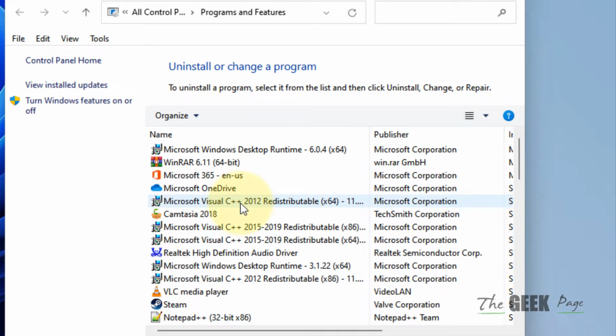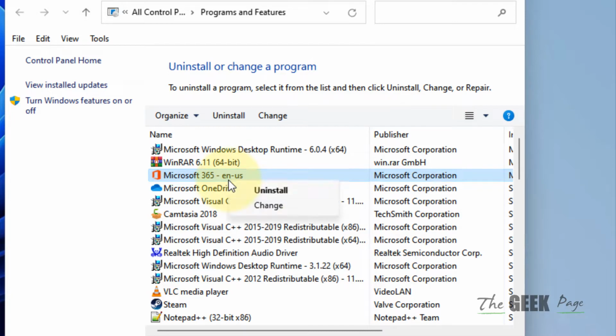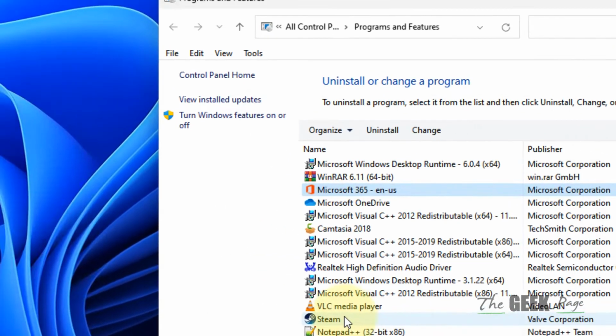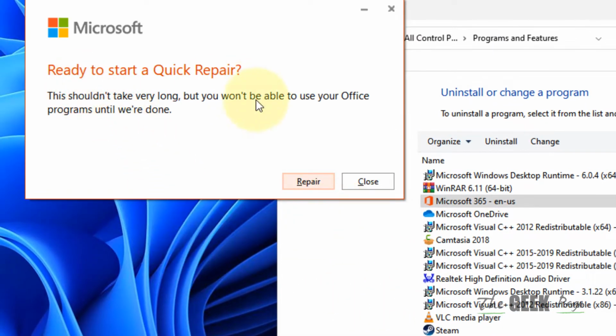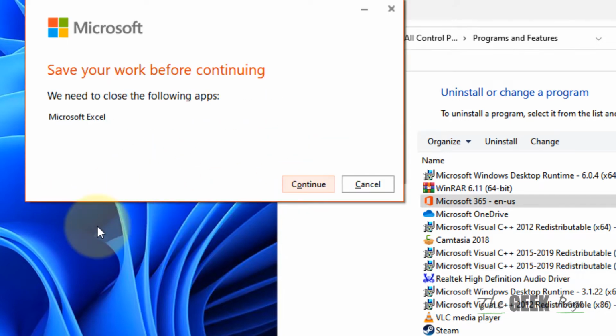Now when you reach here, just locate your Microsoft Office based on your version. Now right click on it and click on Change. Now click on Yes and now click on Repair. It will ask you to click on Repair again. Just click on Repair and it will repair